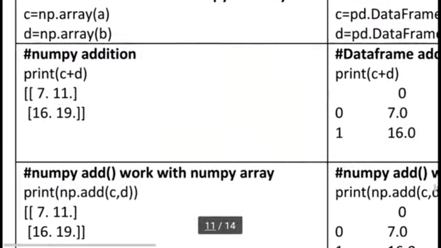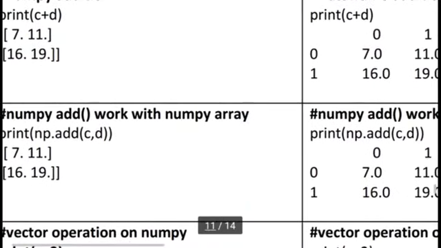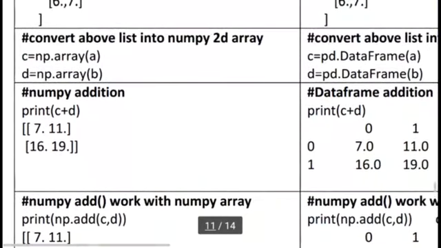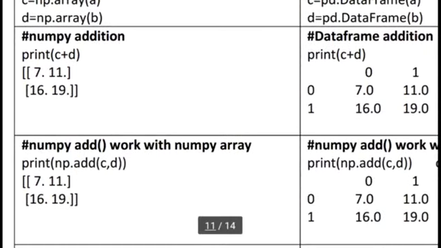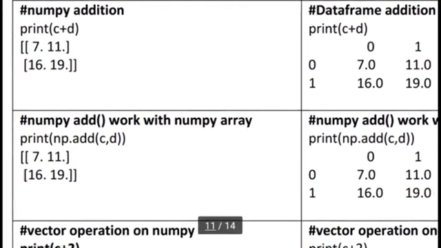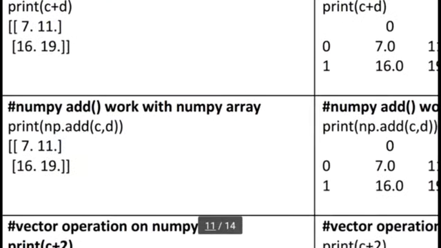Now we have another way to perform the same thing. In the above example, I used an arithmetic expression, or we can say a vector operation. Now the same thing we can perform using the np.add method. We already know this. Here I am passing C comma D. All values of C and all values of D, as 2D arrays, will be summed into another array. We can directly see the same output.